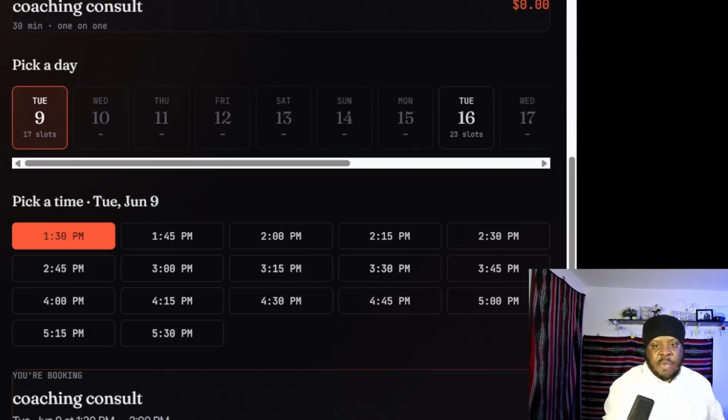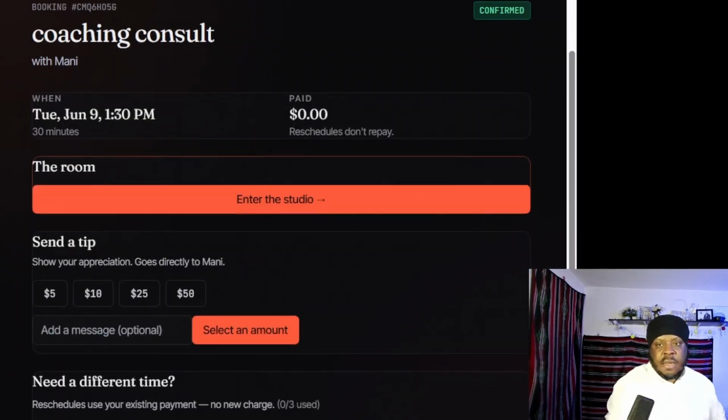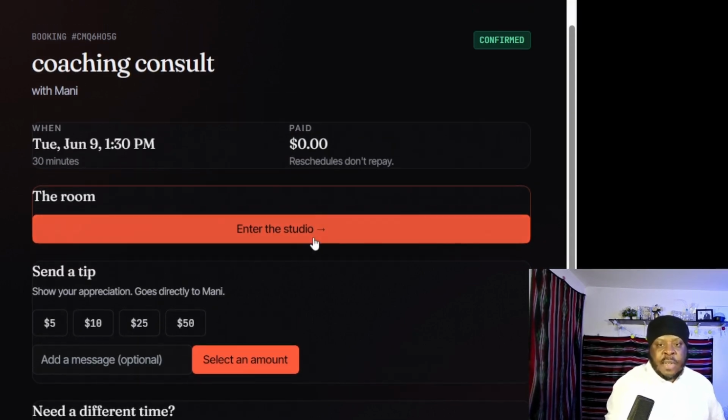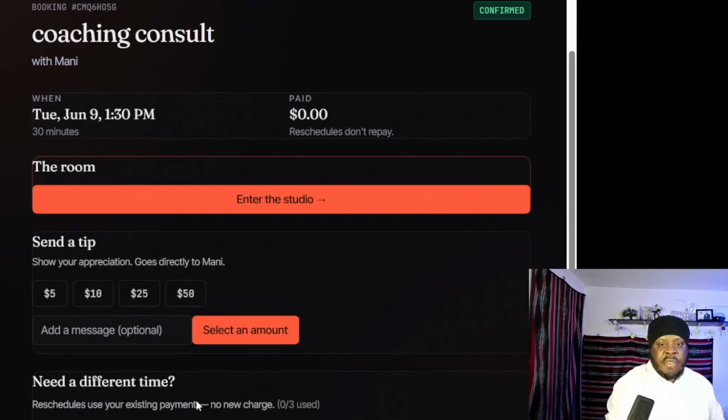She can confirm the booking. And I set it for right now. As you can see, you can tip Mani, right? You can send Mani a tip, and you can enter the studio. If you need to cancel or propose a new time, you can cancel the booking or propose a new time,